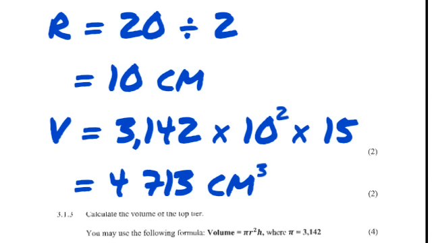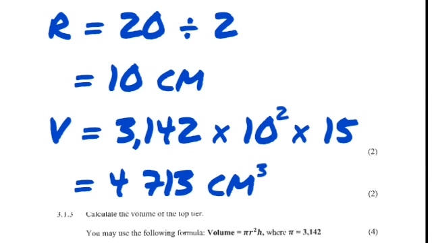So how do you get radius when you're given diameter? Rather, you simply divide by 2. So the 20 centimeters in diameter divided by 2, I get 10 centimeters in terms of my radius. Then I plug into my formula, pi times 10 square times 15, which was my height, and it gives me a volume of